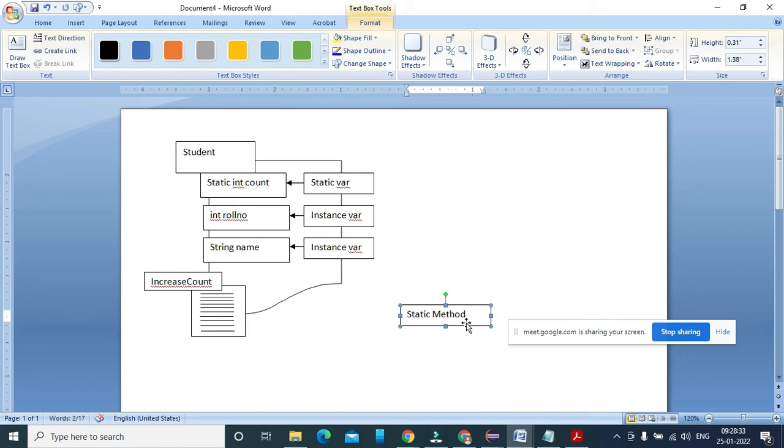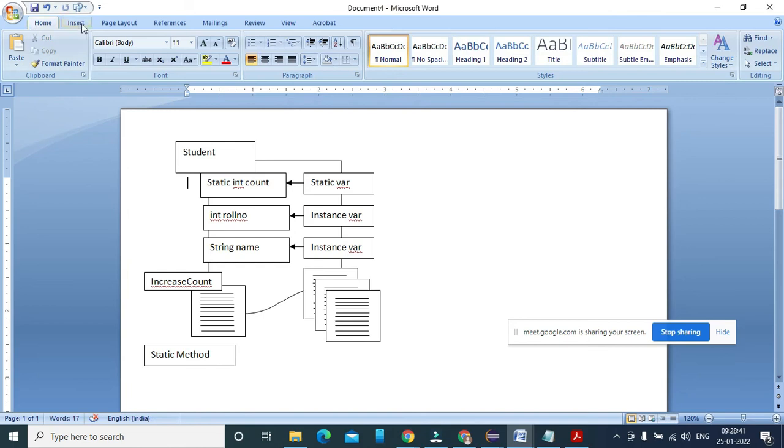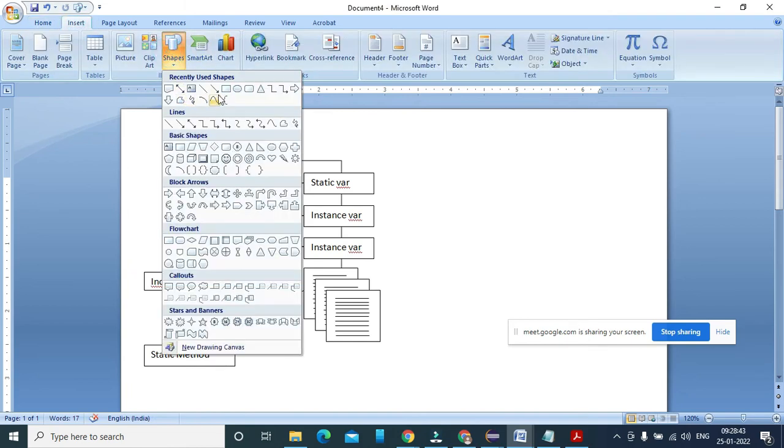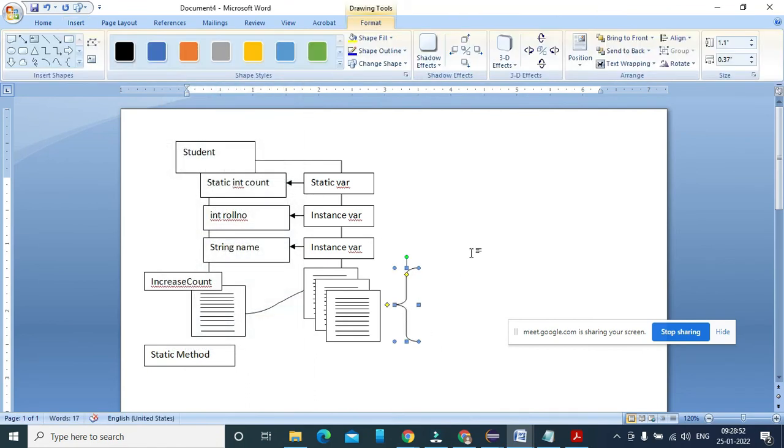So this is my static method, and there are other methods, n number of methods, and all are instance methods. Get data, show data, input data, whatever. So this is my instance method here.